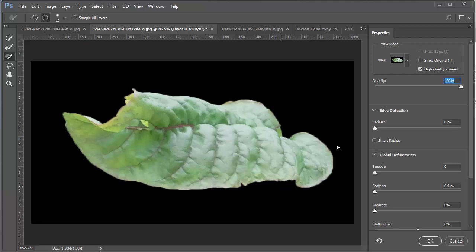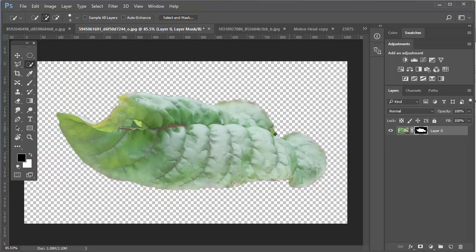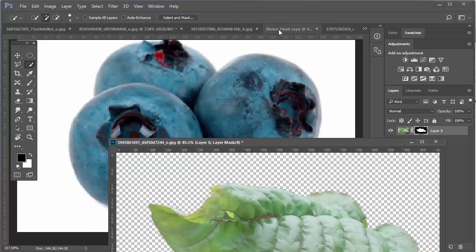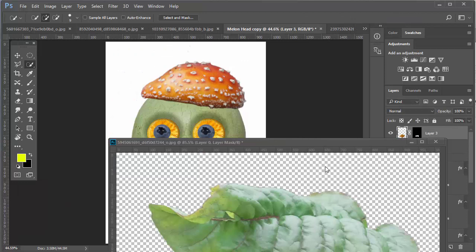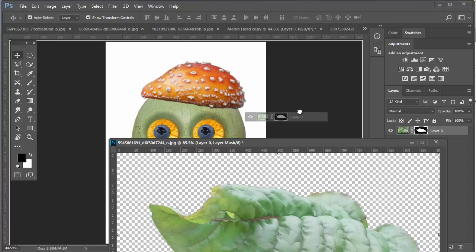That, I think, is actually what it looks like. That is too, but you know, I can make my own decisions about whether I want things or not. Like I could just decide we're going to make this a little more regular. That actually looks fine. So we're going to go ahead and look at some things with this. I'm going to layer mask this. I'm going to copy it over to the Melon Head. Okay, so again, selecting this using the Move tool, I'm going to drag this layer over,